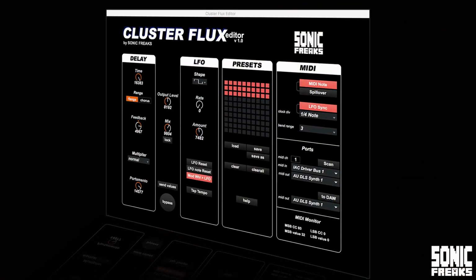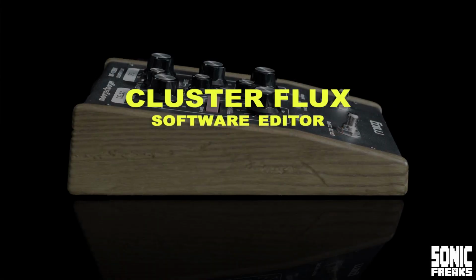This time I'm going to make a tutorial on some software by Sonic Freaks. It's software that's used to control the Moog Cluster Flux Pedal, which is a very nice pedal made by Moog. Well, we from Holland say Moog, and in America they say Moog, because it's a Dutch name. But well, anyhow,